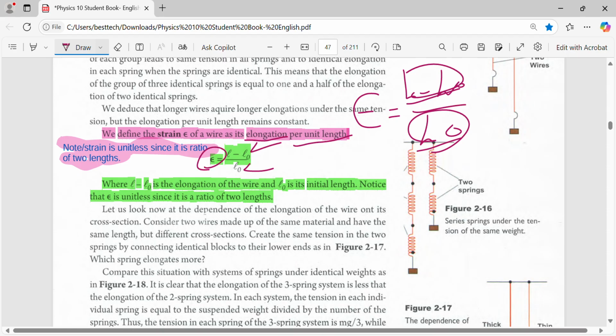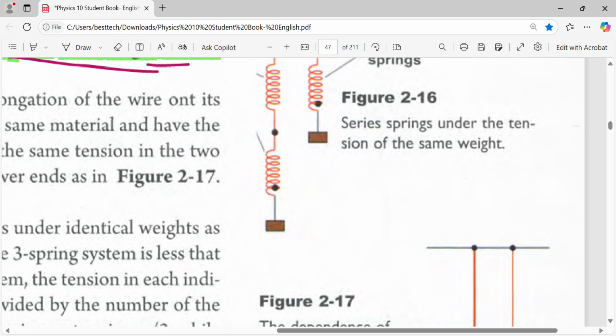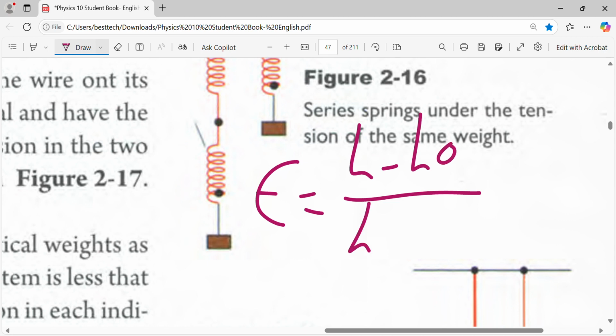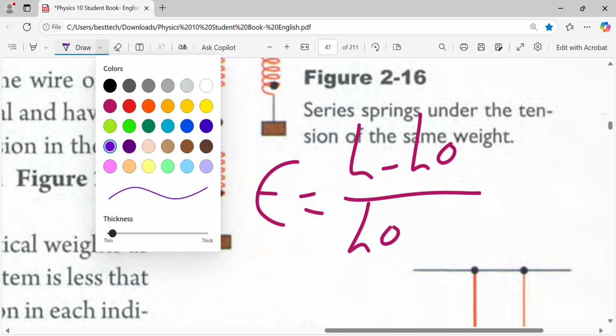Guys, you have a note. Look, we know L minus L naught is the elongation of the wire, and L naught is the initial, the original length. Notice that this strain is unitless. What does unitless mean? It means strain has no unit. Let me show you why there is no unit. Strain equals L minus L naught over L naught. Why is there no unit? Strain is unitless because